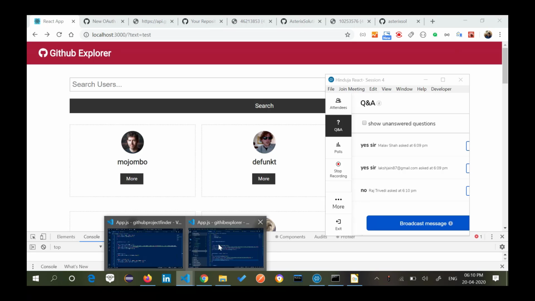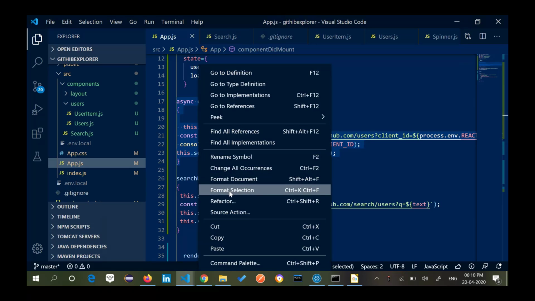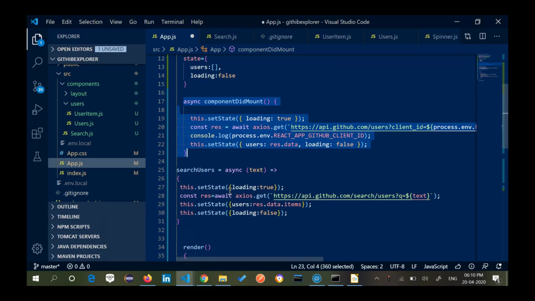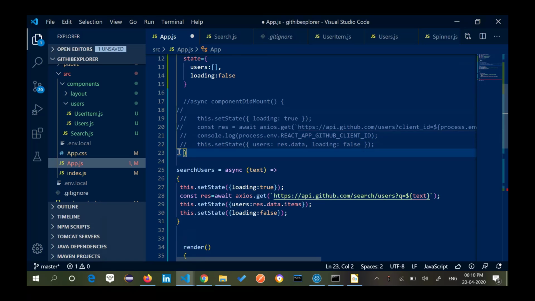So I can go to my app.js and just comment this whole part.